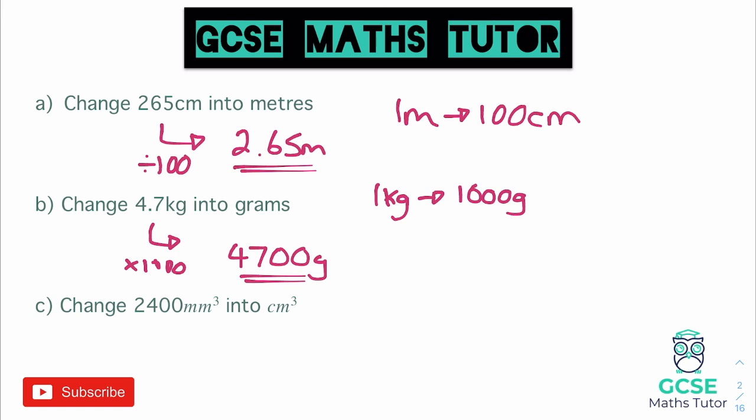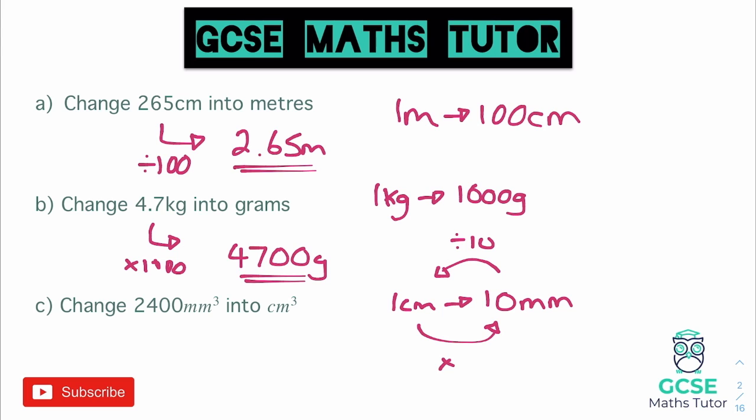And there we go, that is converting kilograms into grams, and of course the other way around, we would divide by 1,000. For the final question here, we're converting millimetres cubed into centimetres cubed. Now you need to know for this that in every 1 centimetre, there are 10 millimetres. So to convert between centimetres and millimetres, we'd multiply or divide by 10. Now, in order to get between millimetres cubed and centimetres cubed, rather than multiplying or dividing by 10, which we would do here, I'm just going to write this down like this, so we would divide by 10